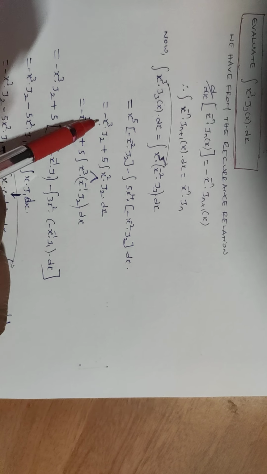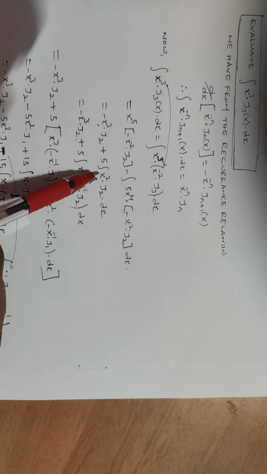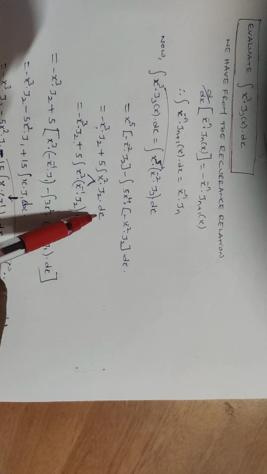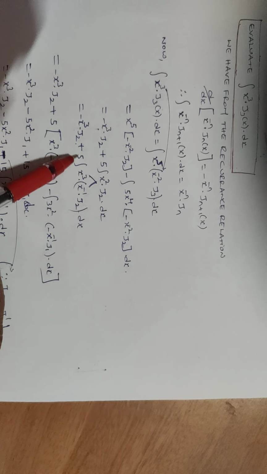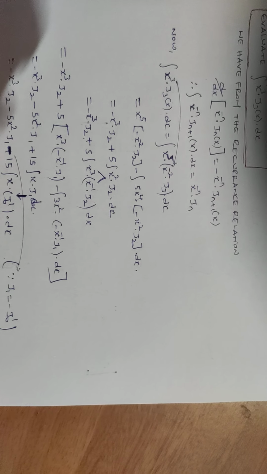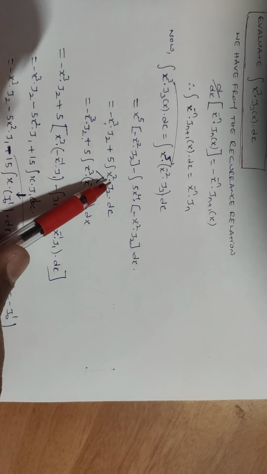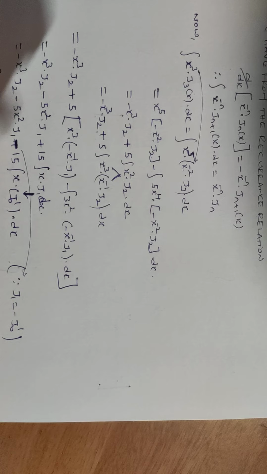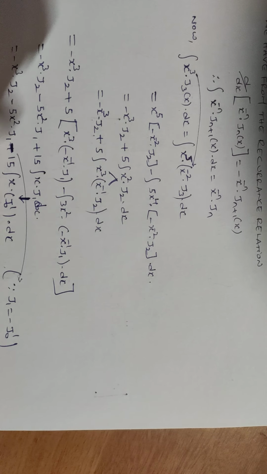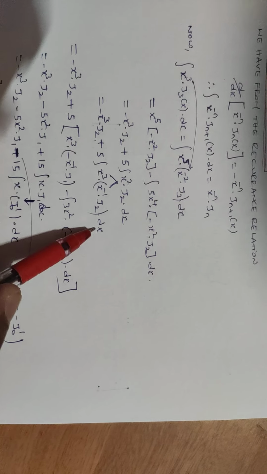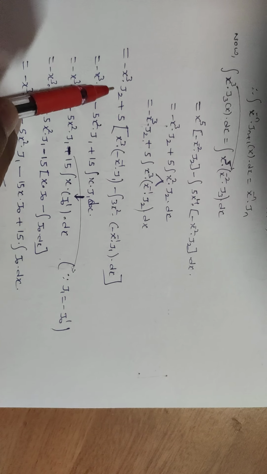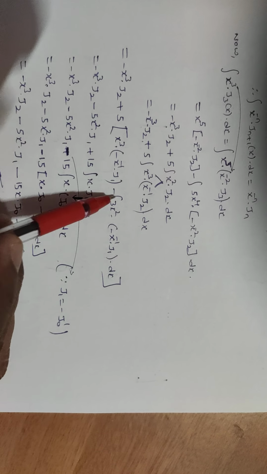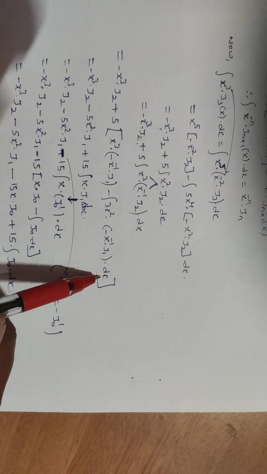So, on simplification, we observe minus x cube into j2 plus 5 into the integral of x square into j2 of x into dx, which is minus x cube into j2 plus 5 into the integral of x cube into x to the power minus 1. Again, we consider x square as x cube into x to the power minus 1, because the bases are the same. On adding, 3 minus 1 will be 2, into j2 of x into dx. So, minus x cube into j2 plus 5 into, again applying the concept of the product rule, first into the integral of the second minus the integral of derivative of the first into the integral of the first into dx.